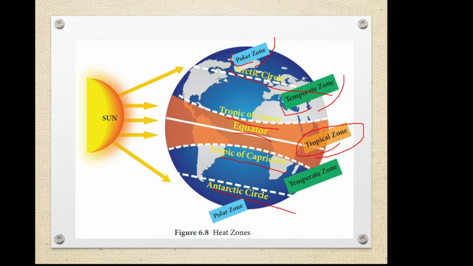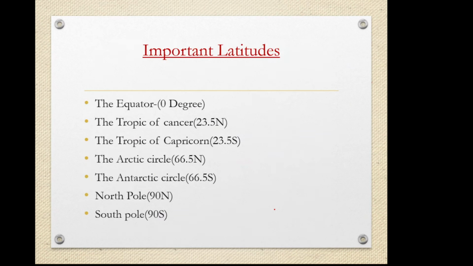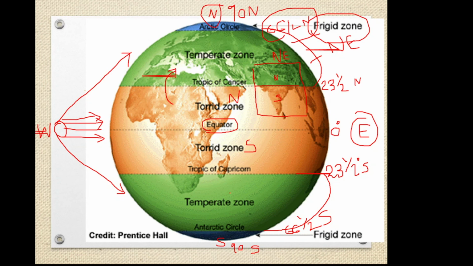Okay, so I told you already, you don't study everything by heart. You have to learn from the points. Otherwise, you have to study the diagram first. Then from this particular diagram only, you have to make all the points. Otherwise, it will be difficult for you. Especially the location. Suppose it is located from where to where, you have to study from the diagram. Don't simply read and memorize it.